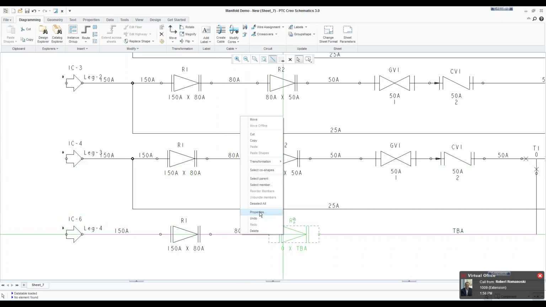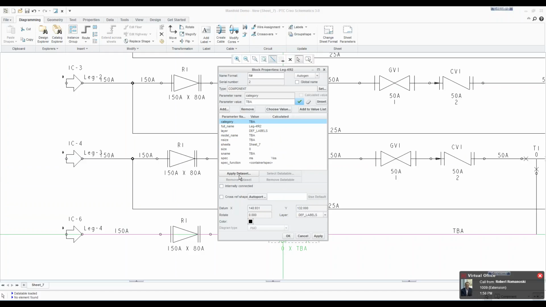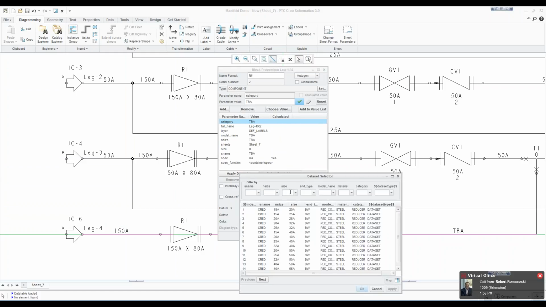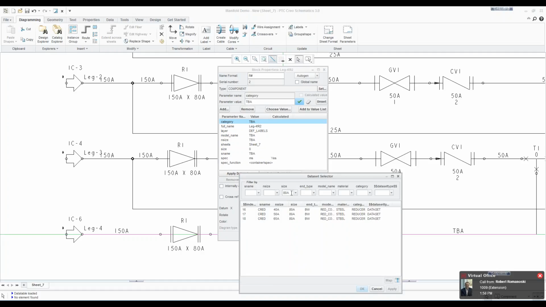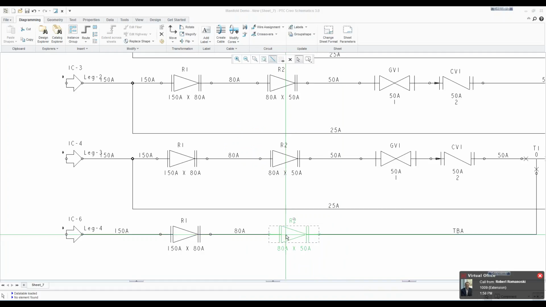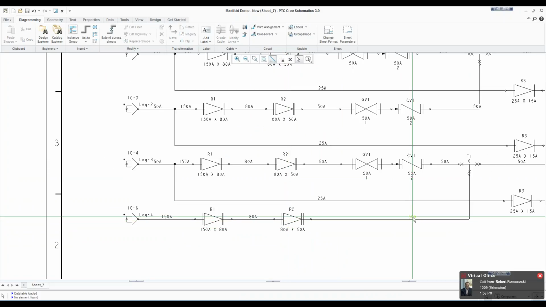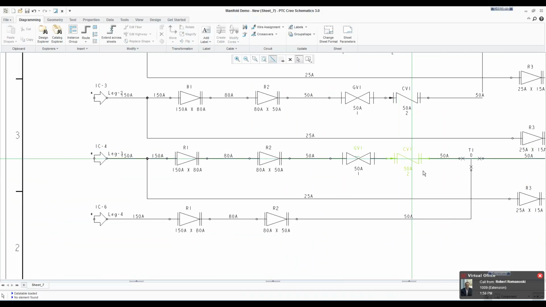And I'm just going to come in here, go into the properties of this, go into the apply data set. The size is going to be an 80. Okay. And we're going to go down to a 50. Apply that. When I update the labels, now notice that this has become a 50. We're now going to add two